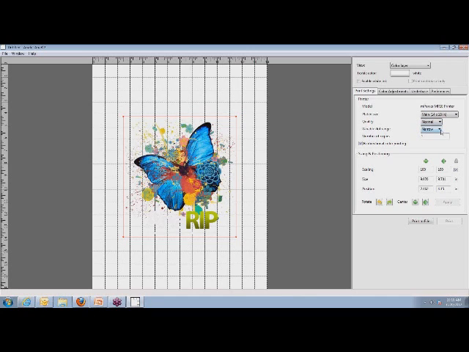Below that is your variable dot range, basically your dot size, the actual size of the physical droplet that goes on the shirt. In previous editions of the RIP software, we had small, medium, and large. We have since adapted that to narrow and wide. So there's only two options right now, narrow and wide. Narrow is your default. Narrow is going to work with most things that you're printing, from T-shirts